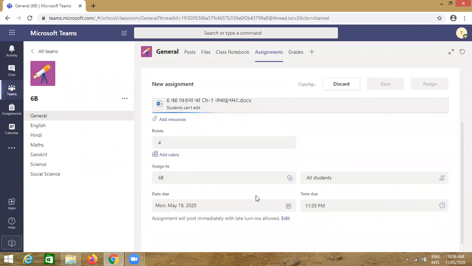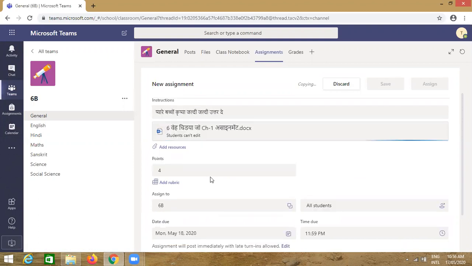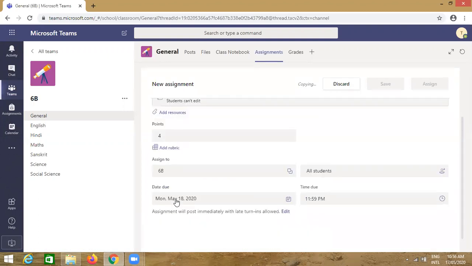Now you see this assignment has opened in the 6th B panel and the same assignment वह चिड़िया जो 4 points and now automatically here it is giving the date, so you can change the date whatever the date you want.